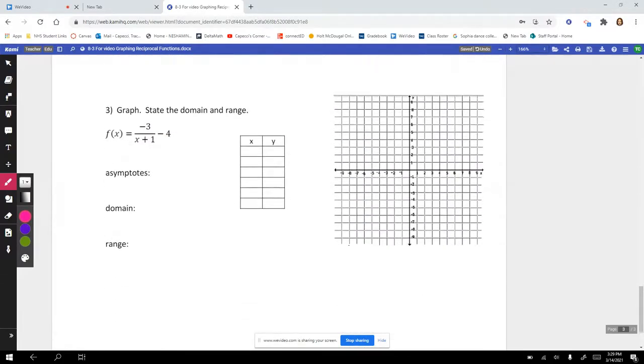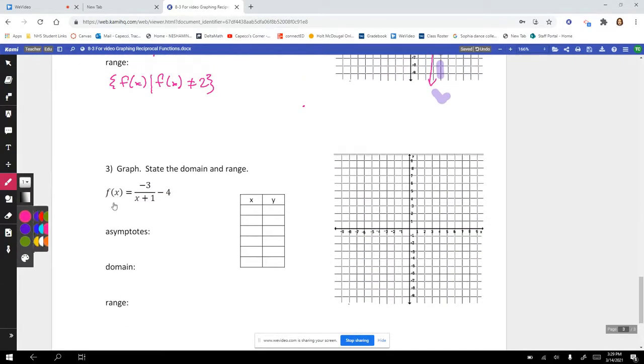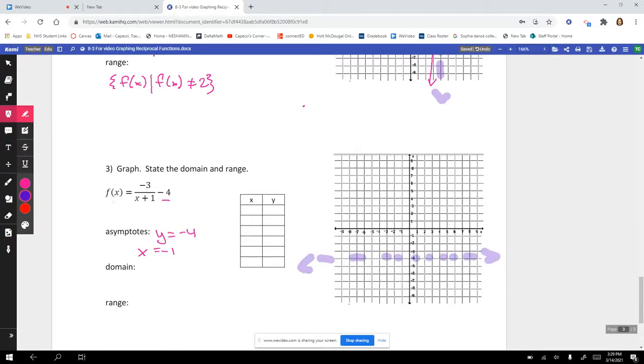All right, let's take a look. We'll do one more. Okay, so this time we have our asymptotes are going to be y is equal to -4, and x is equal to -1. So we will draw them. Y is equal to -4. So we have it down here. And then x is equal to -1